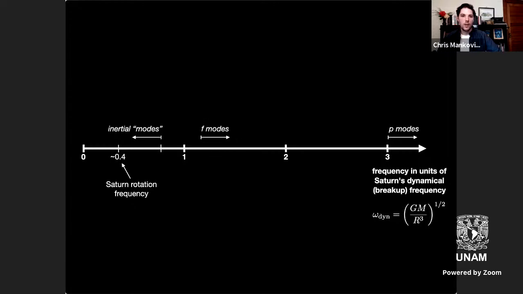So F modes are kind of lucky in that they're both strong and, in terms of frequency, fall in the sweet spot where they're observable using the rings. And if you have an interior model that has a positive buoyancy frequency N in the planet, you're also going to admit G modes. And this is really unknown, at least before we have ring seismology. And I'm trying to foreshadow a bit of where we're going with this.